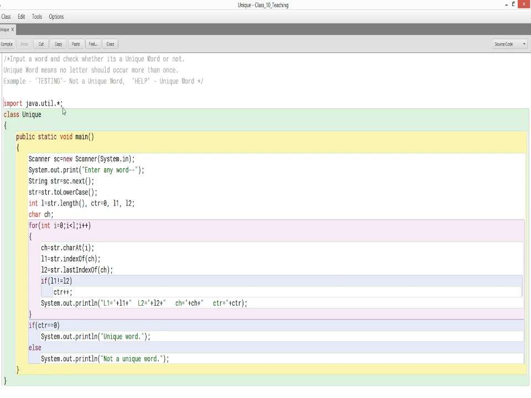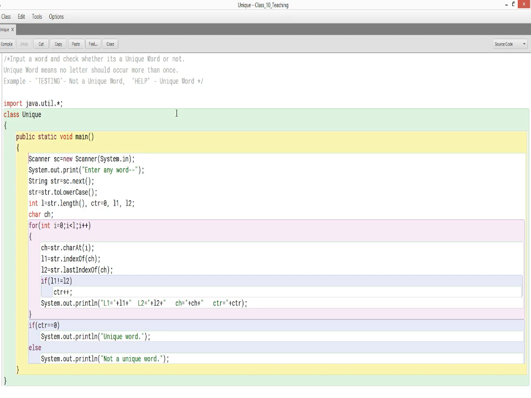First of all, import java.util.star. Now in this, import java.util.star represents basically the header file which we import for the scanner program.